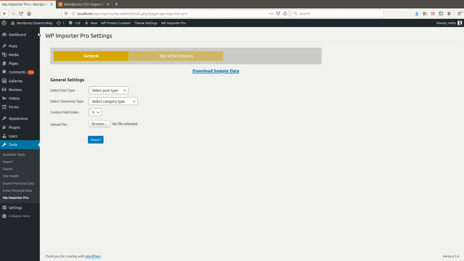Let me explain the fields that we are using in the custom CSV file. In the CSV file there are basically two sections, one for default fields and second for custom fields.